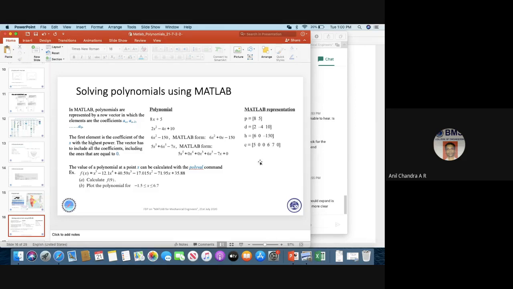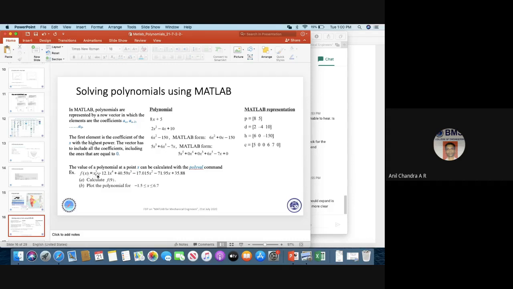So just explore that. That is how it is written. The moment you write it like this, the computer now knows that it is 5x power 5, 0 x power 4, 0 x power 3, 6 into x power 2, 7 into x power 1, 0 into x power 0. The computer knows that. Then you can subsequently do calculations. For example, we have an expression here. It's taken from a book.